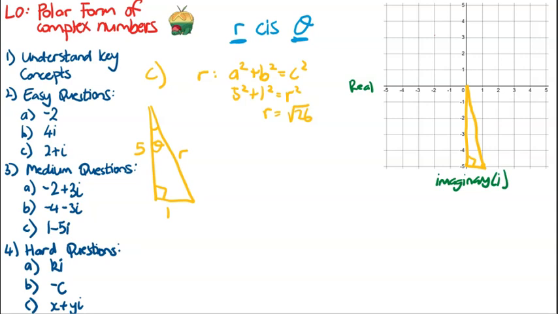So the next step is, let's find that angle inside the triangle. And again, most of us have figured out it's always tan. Oh, sorry, I keep saying almost always. It's always tan. So there's my tan formula. The only way you could get it wrong is by having your opposite and your adjacent the wrong way around. So hopefully you did opposite and adjacent this way around here. I always write them on my diagram just to be sure. So tan of the angle is equal to 1 over 5. Angle is equal to inverse tan of 1/5. And when I plug that into my calculator, I get